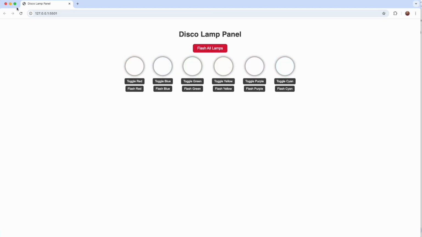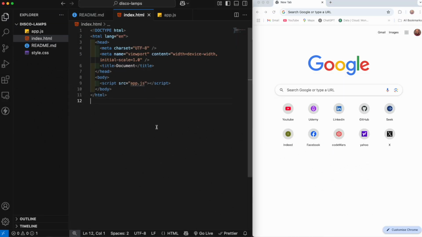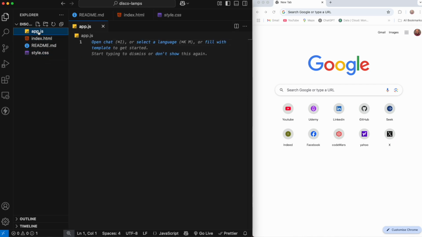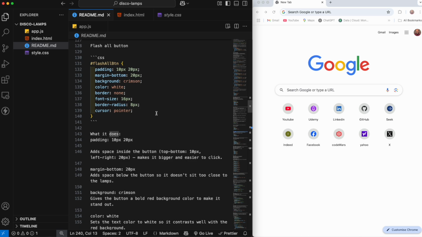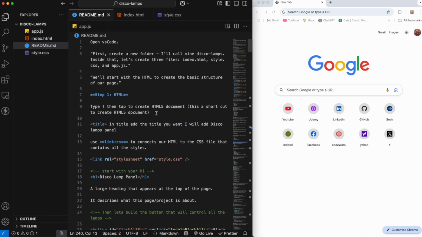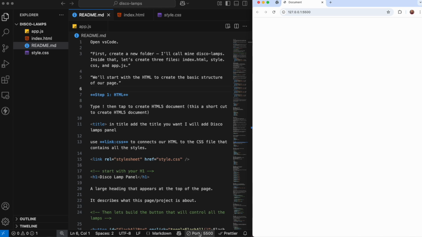First, I prepare Visual Studio Code and I make three files: index.html, style.css, and app.js. Also, I create a README file, and in this file you can find all the steps and explanation for everything. First, I'll open Visual Studio Code and open a new tab, and I will go live to open this live server,